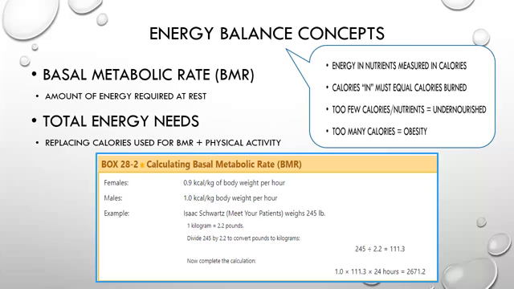Too few calories or nutrients, you're going to be undernourished or you're going to lose weight. Too many calories, you're going to be overnourished or have obesity. A direct measurement of that BMR typically requires the use of a calorimeter, which is an insulated unit that measures temperature changes of water. It's rarely used because it requires fasting for 12 hours. But an indirect calculation of your BMR can include calculators online, different things like that. It is most often done for patients in intensive care units in a hospital. We don't typically deal with this on a regular unit.